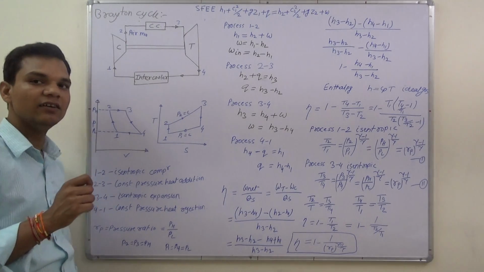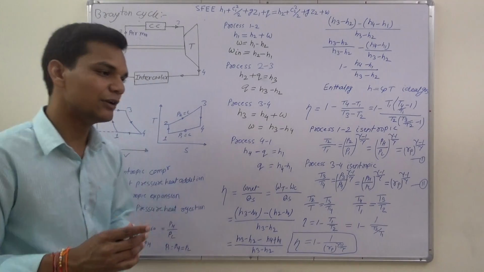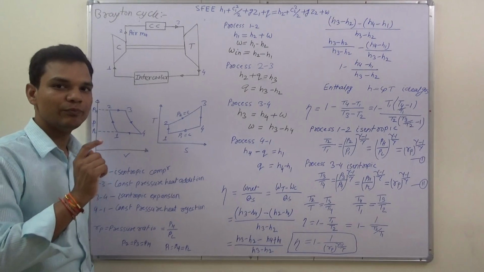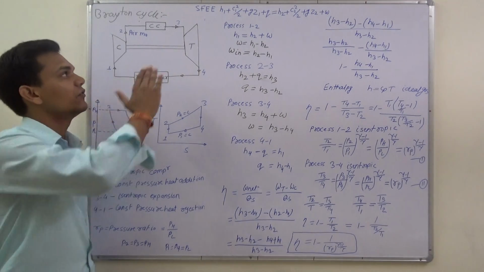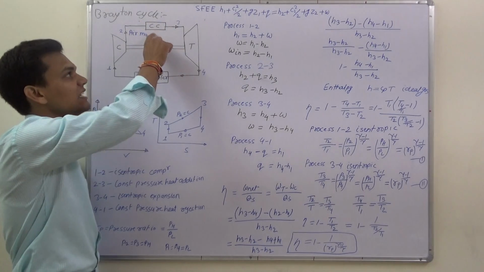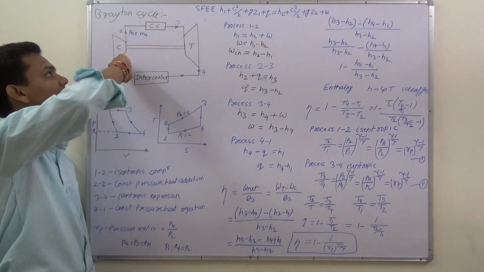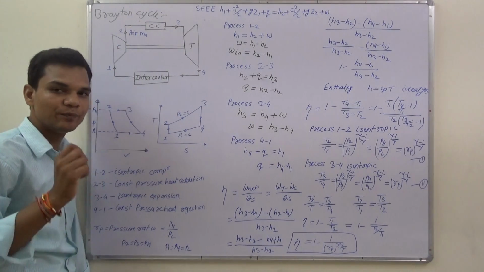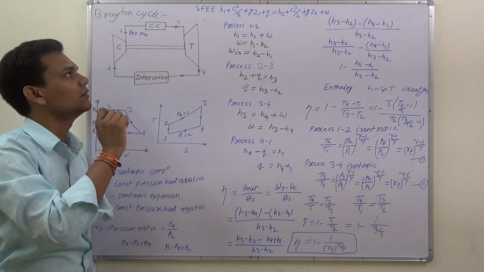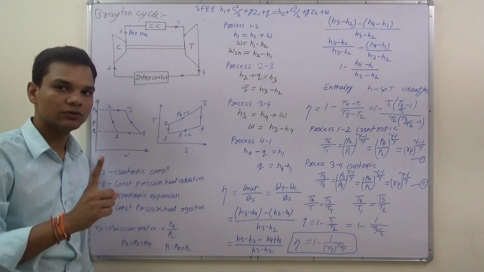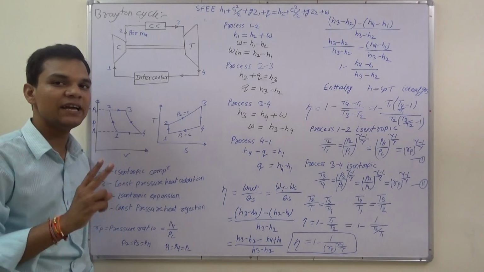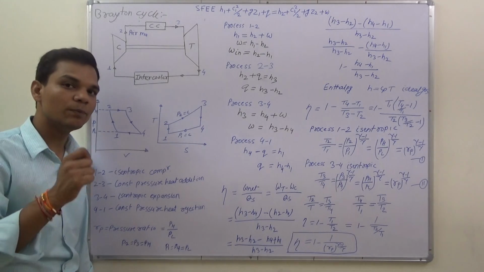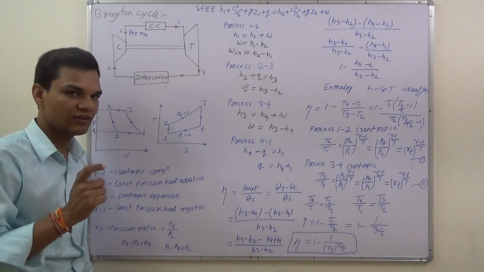Some assumptions we made are known as air standard assumptions or cold air assumptions. First assumption is that we assume the mixture of the air and the fuel as air, because in the combustion chamber we supply fuel, and after the combustion chamber the working fluid becomes a mixture of fuel and air, but we assume air is our working fluid. Second assumption is that the values of Cp and Cv will remain constant, because we are assuming air as a working fluid, so Cp and Cv remain constant for the cycle.